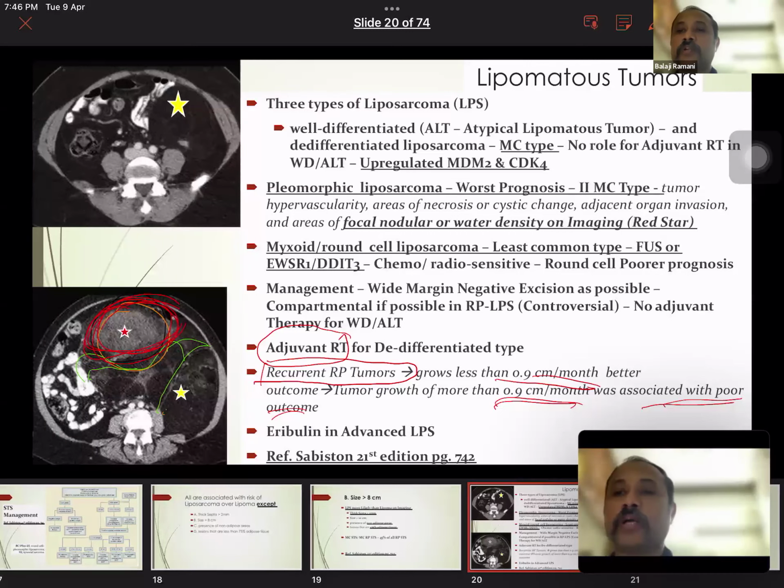Another point about advanced liposarcoma is that there's a specific drug called eribulin. So this particular drug can be used in the advanced liposarcomas. Now, when you consider your sarcomas,